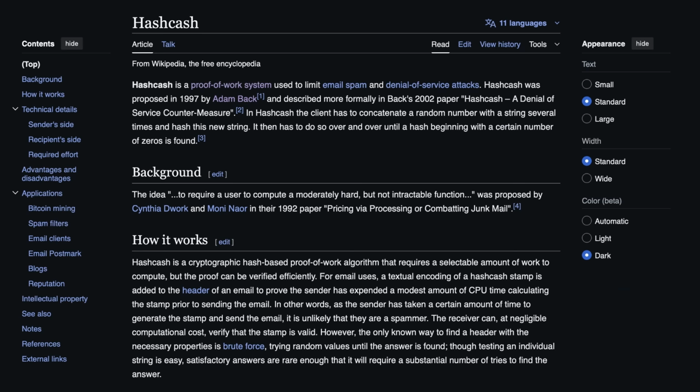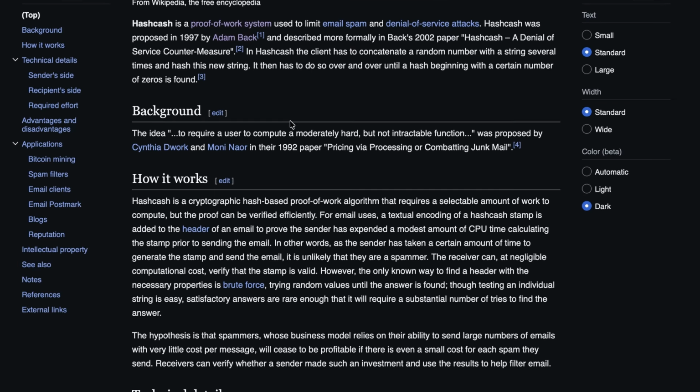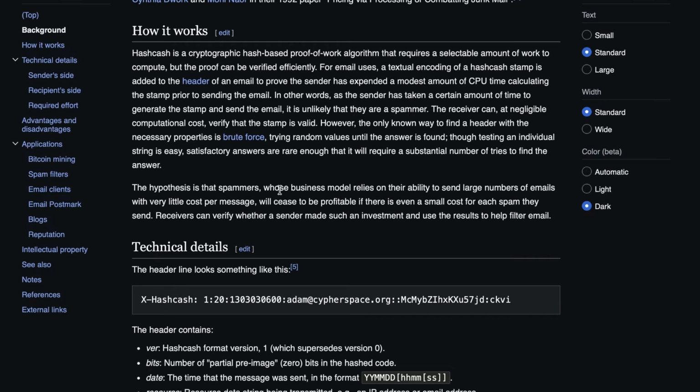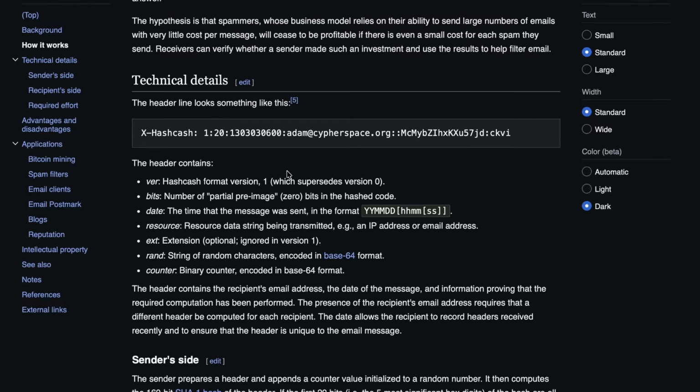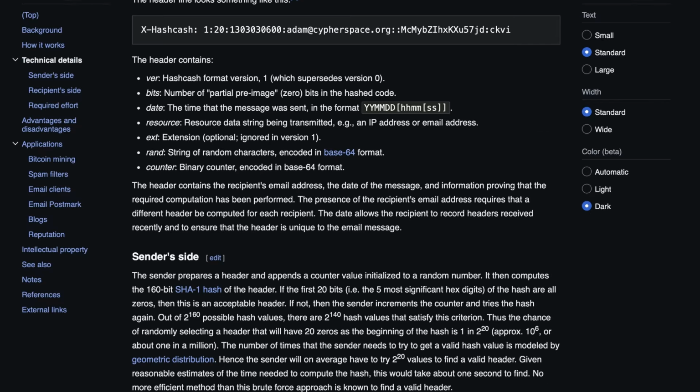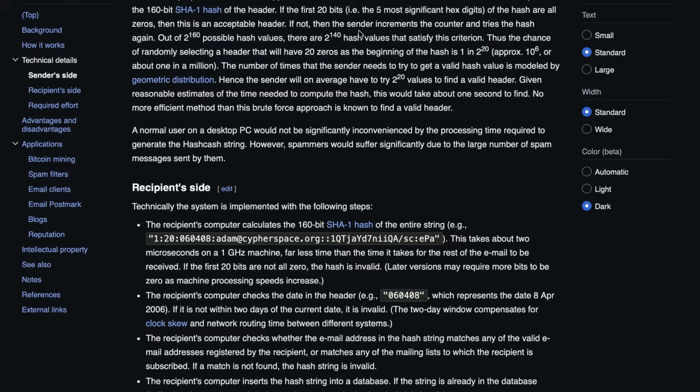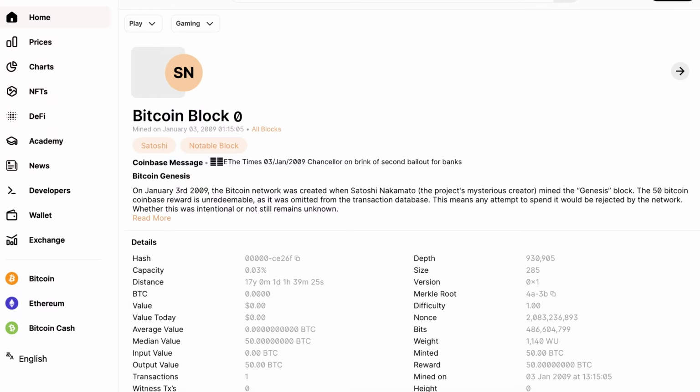But we have to acknowledge that this wasn't the first attempt to make a proof of work or a cryptocurrency that Bitcoin really is. We can see back in 1997, over a decade prior to this, we had hashcash. So this wasn't something that was created out of thin air. This is something that many cypherpunks, or people that wanted to escape the traditional monetary system, had been working on for a long time. But Bitcoin was the first time that we truly succeeded in this and had something that fulfilled all of the criteria we were after. Following the October 31st publication of the Bitcoin white paper in 2008,